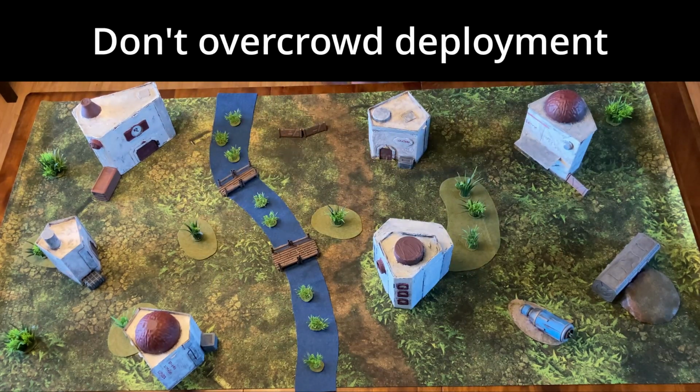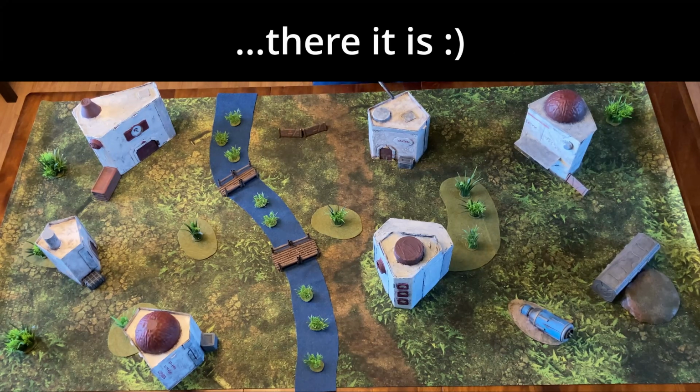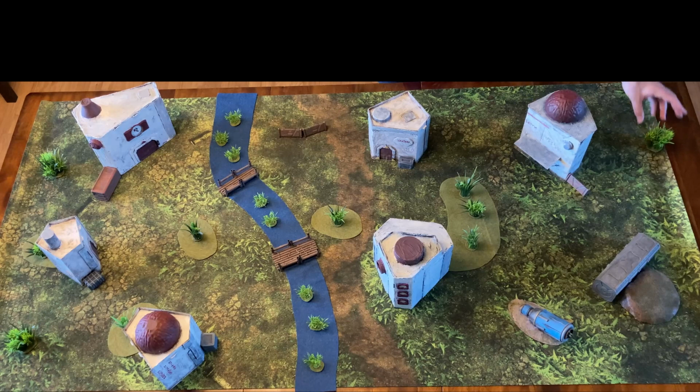The deployment zones shouldn't be overcrowded with terrain. They should have a little bit of terrain in them. And you also need to think about making sure that there isn't any terrain piece that is too close to the edge of the board where if someone was playing payload and that piece of terrain was not fully within a zone, it could become a really unfair payload. So for example, this piece here, if it was right on the edge, like here,